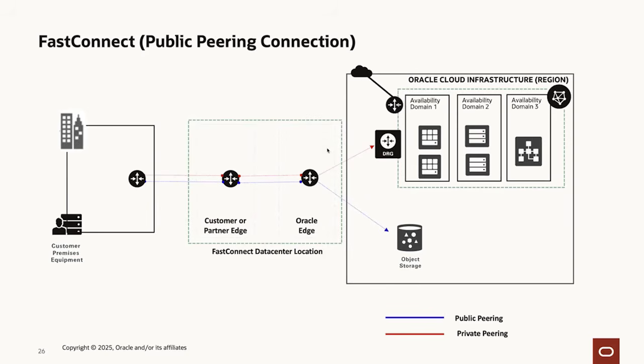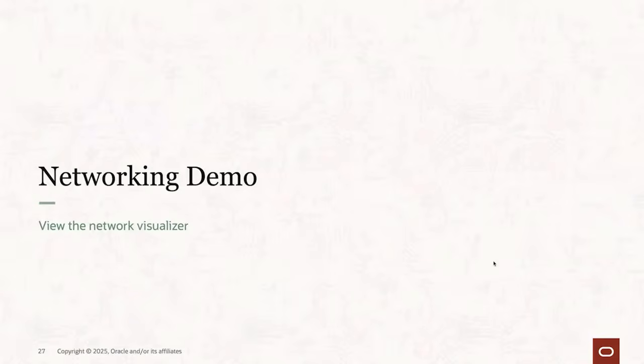This will enable you to access your private resources, such as instances that you have running in private subnets or instances with private IP addresses, right, within your VCN. So those are the main two differences and the two options between public peering and private peering when we're talking about FastConnect. All right, so let's jump back into the OCI console and we'll take a look at the network